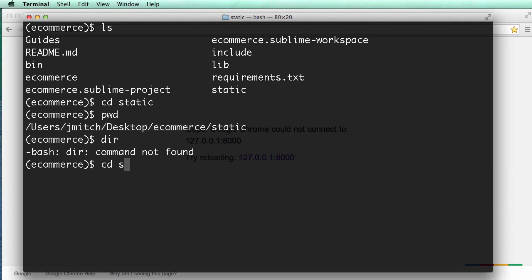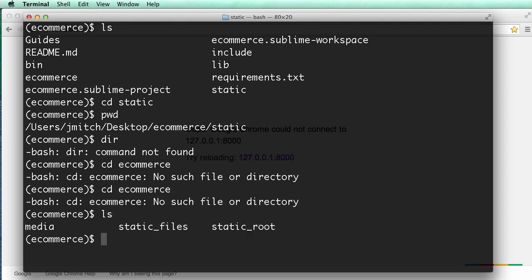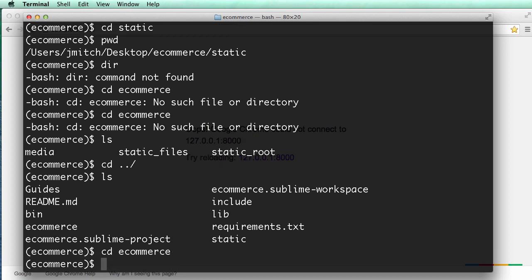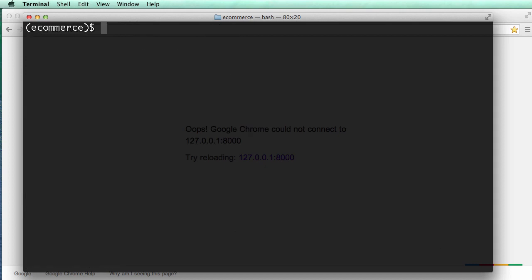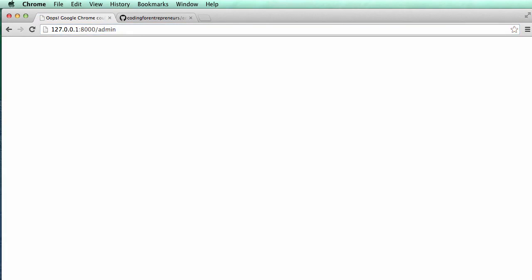So cd into e-commerce. Nope, I need to be in the root of the virtual environment to cd into e-commerce. All right, so if I list everything out, I'm going to clear everything and do python manage.py, syncdb, sorry, not syncdb, but runserver. All right, so now it's running the server, and once that's up and going, we are going to go into the admin,